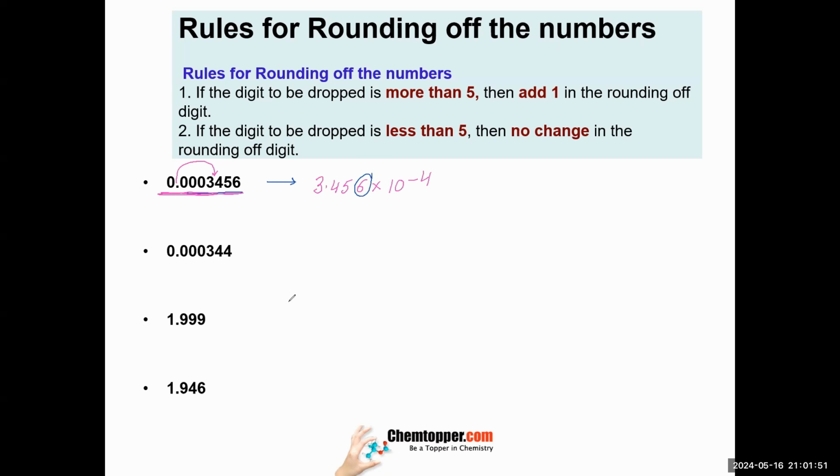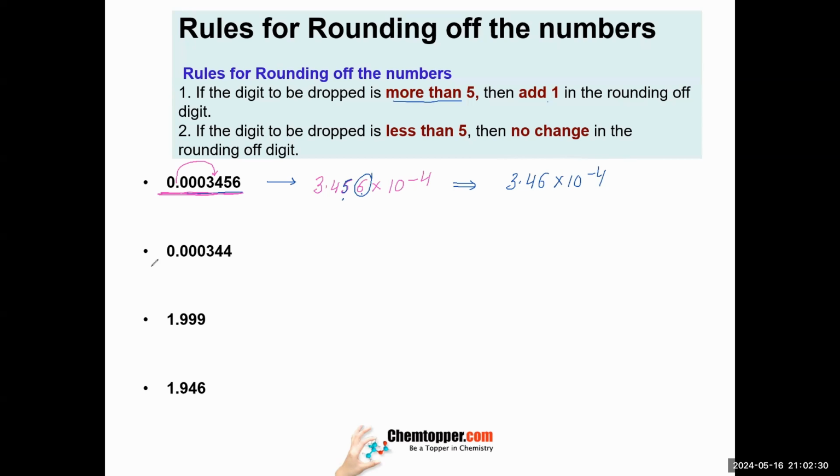When I'm going to drop 6, 6 is more than 5, then I will add 1 to this 5, the digit which I'm using for rounding off. So 6 will be dropped because it's greater than 5, and in place of the 5, there is 1 added over here. So after round off, the answer is